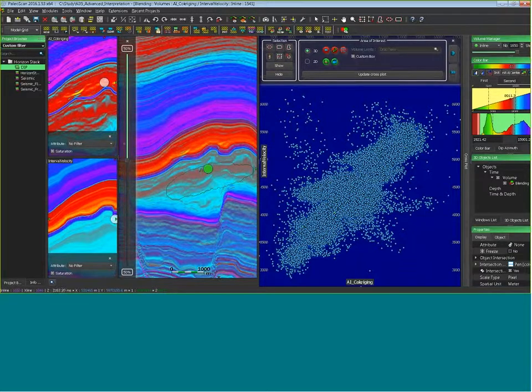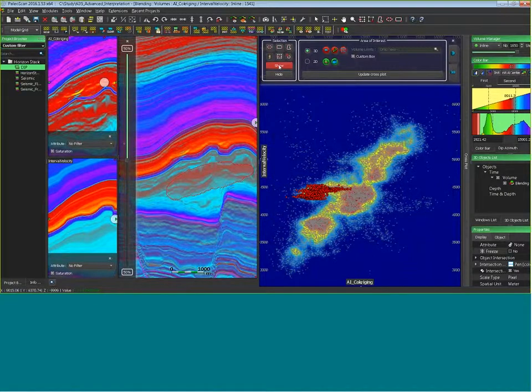I just make a selection in the crossplot, and then I can click on show. And like this, I have the location of the crossplot. Okay, I have a question concerning the export of the crossplot image. In fact, like all the viewers of PaleoScan, if you click inside and press Ctrl+C, then you can copy